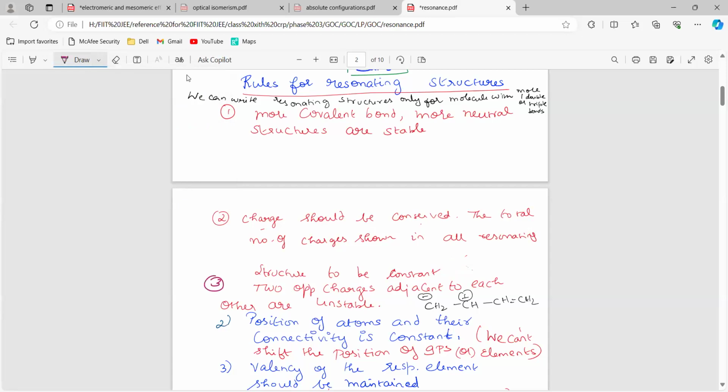See, for example, if I'm going to draw one, and you will be seeing structures now. If this is a phenoxide ion, how many negative charges does it have right now? Minus 1, isn't it? One. So if there is a shift here,